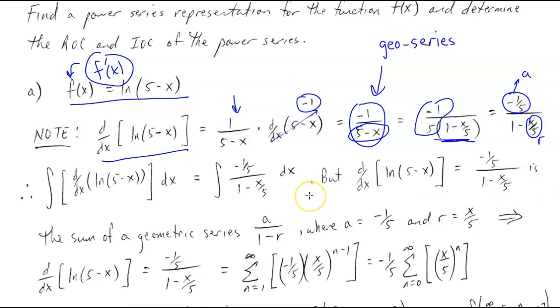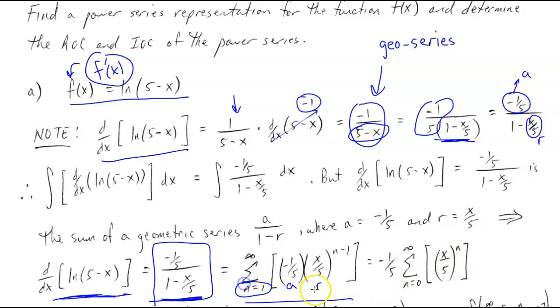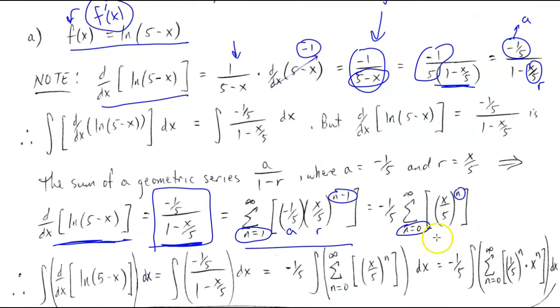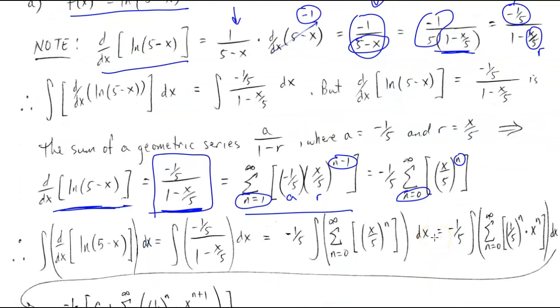So looking at that, we know that the derivative of natural log of 5 minus x, we can express this way here. And this is our a, this is our r. Express this as a geometric series. Notice that the index changes from n equals 1 to n equals 0 to get it into power series form, which also means that this n minus 1 changes to n. And then after that, we have all that together. So now we say that the